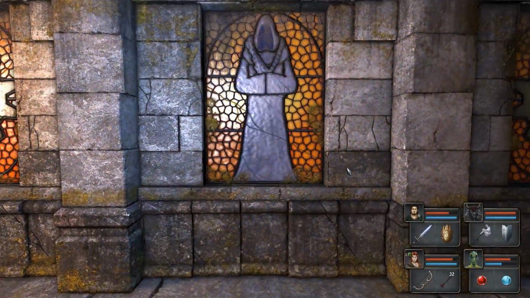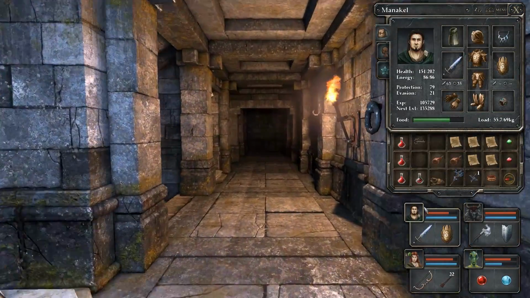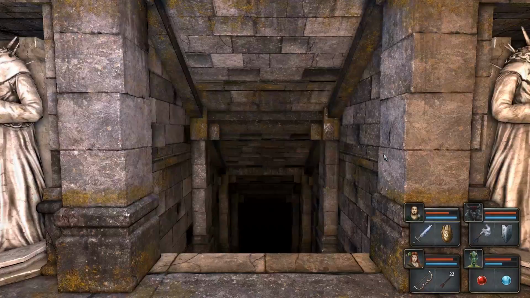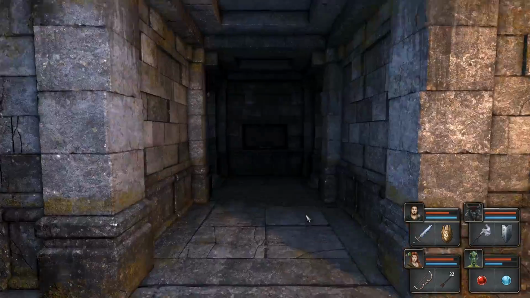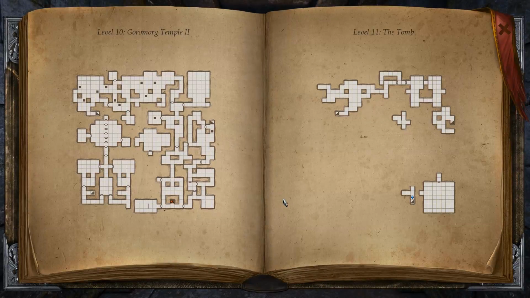You can see the pictures on the walls representing mechanisms and the mages. So we cleared the whole level. Let's go to level 11. And you see we are at level 11. Level 11 at the moment is only a passage for us to level 12, but later on we'll be able...